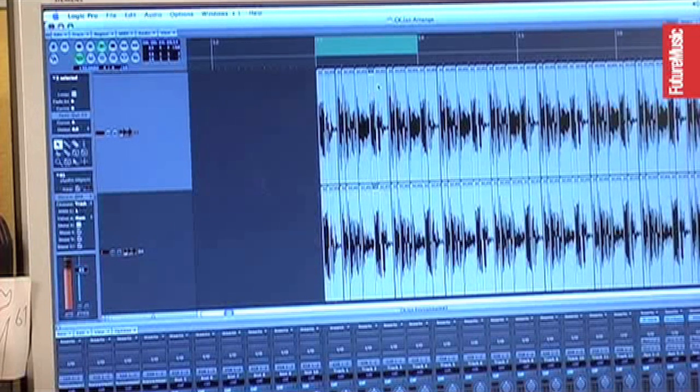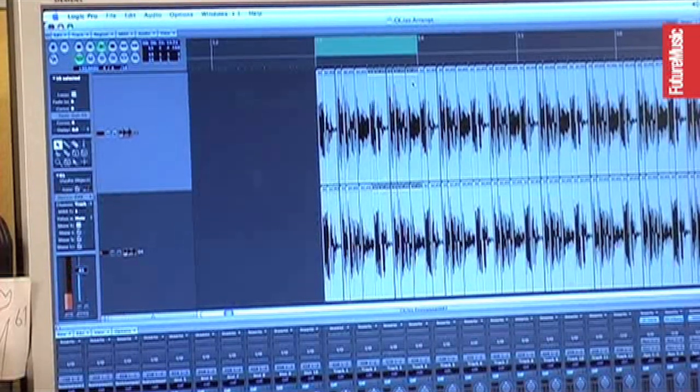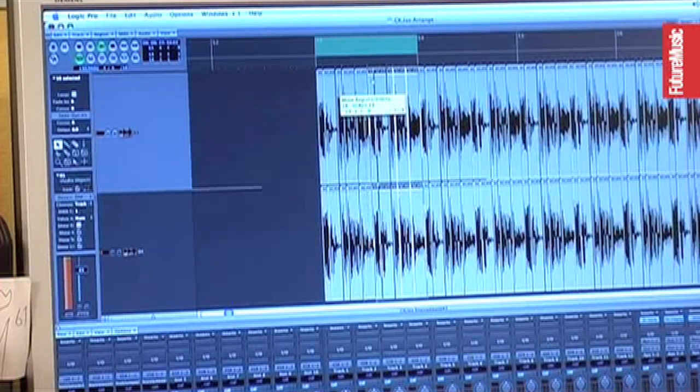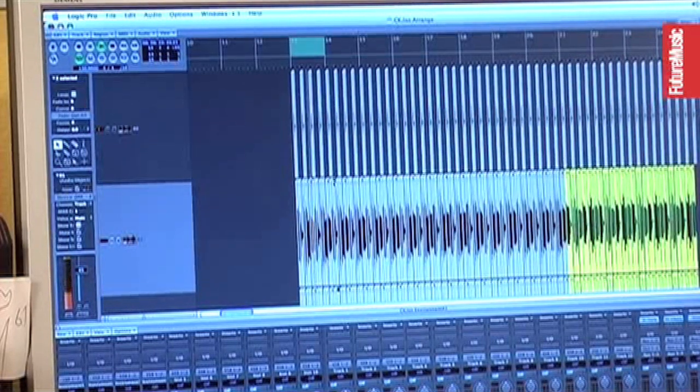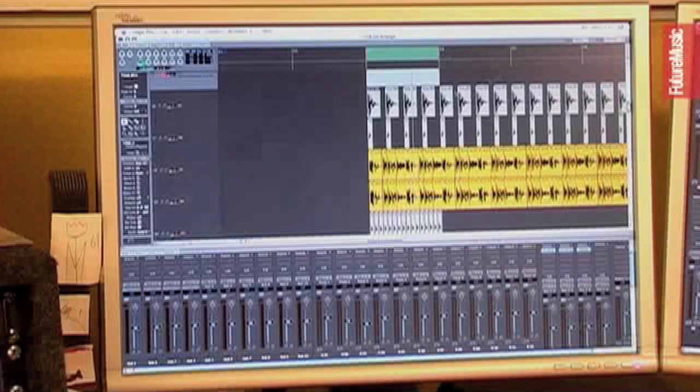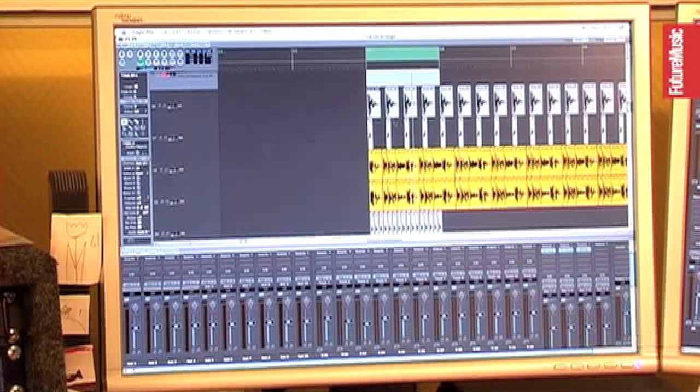Oh, I see what it is now. So we got a loop, the one we took from the CD, and it's all cut up.